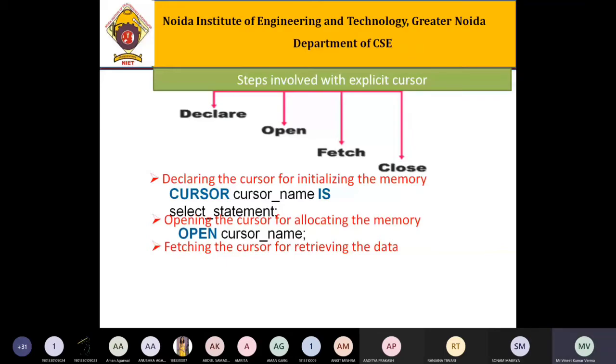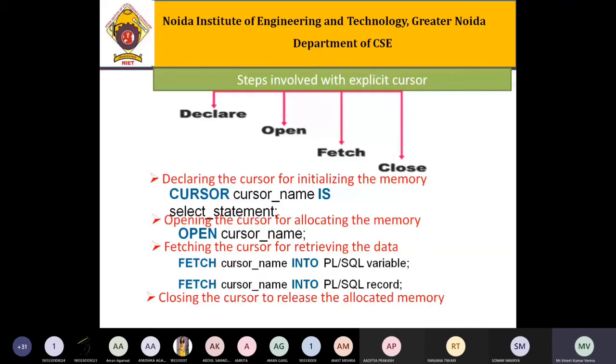Now, once you have finished all cursor activities, right, you have to close the cursor so that you can release the allocated memory. That is done using CLOSE cursor name. We close the cursor so that the memory allocated for the cursor is deleted, right? So these are the 4 steps involved in the explicit cursor.